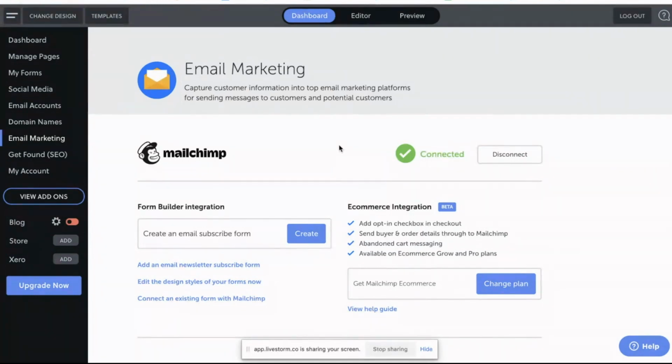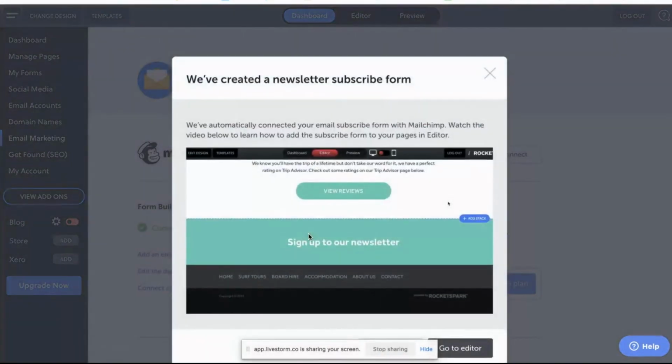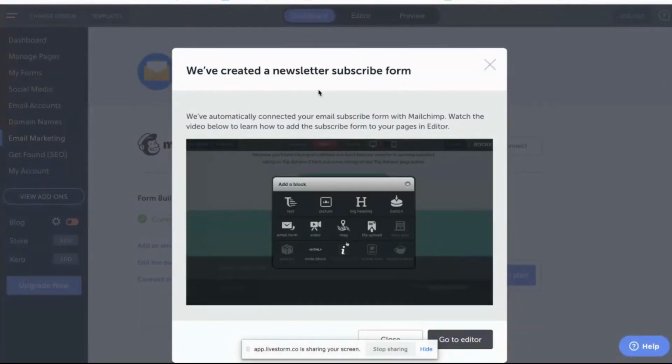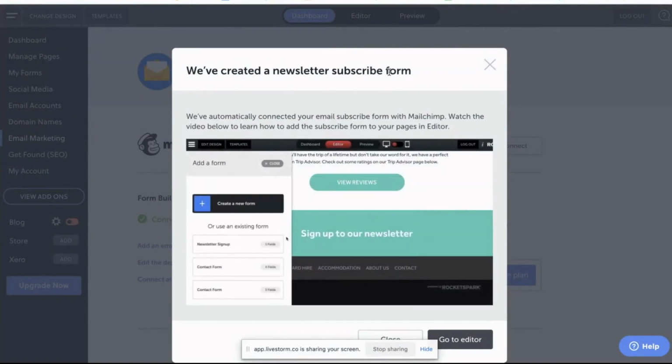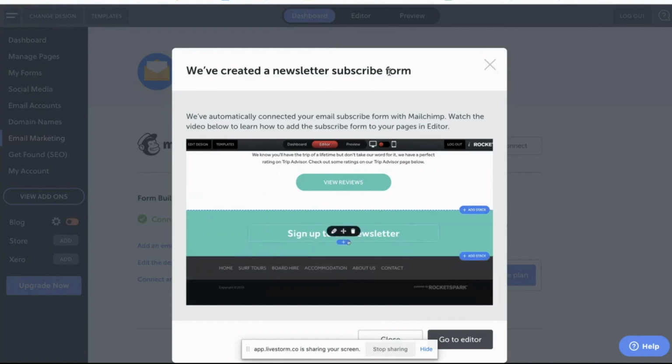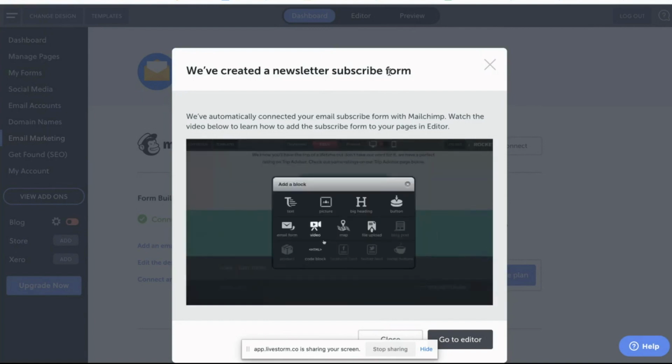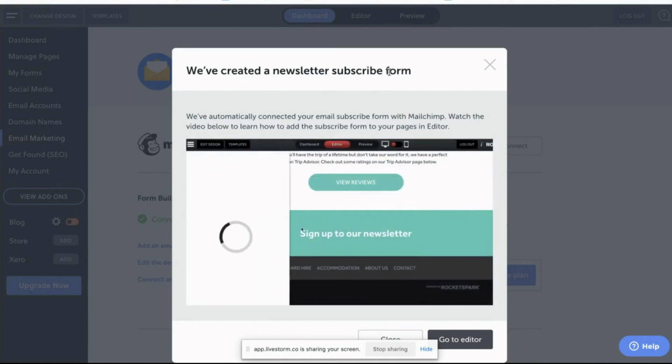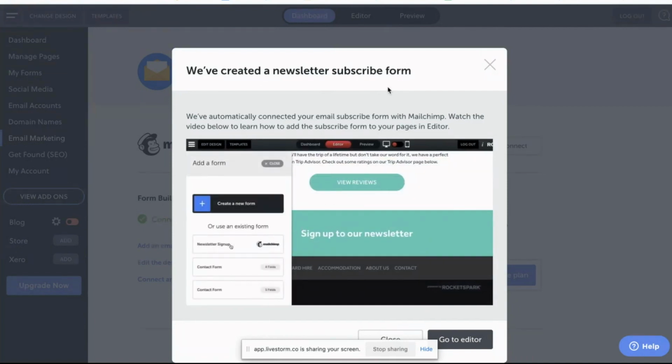What this allows me to do is create an email subscribe form. The good thing here is that we've got the button right here, easy to access. So what we'll do is just go ahead and create one. Cool, so we've just created a newsletter subscribe form, and what this allows people to do is subscribe to a newsletter. I'd always recommend doing this, even if you don't have a newsletter yet. It does allow you to start collecting those customer details for when you do want to start sending out information. So it's always nice to have that there.